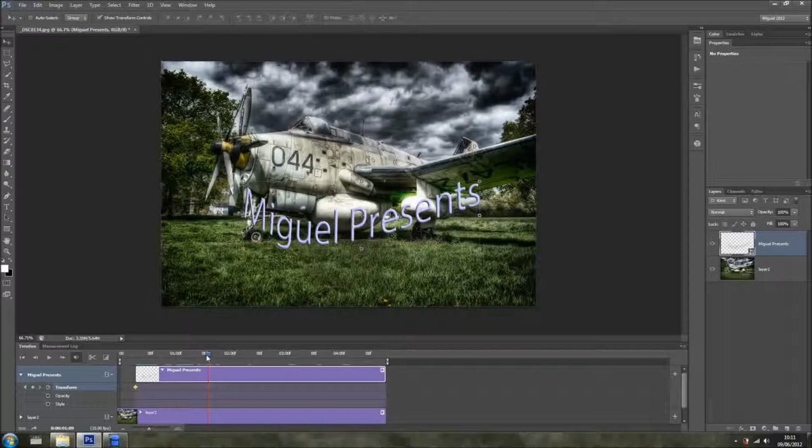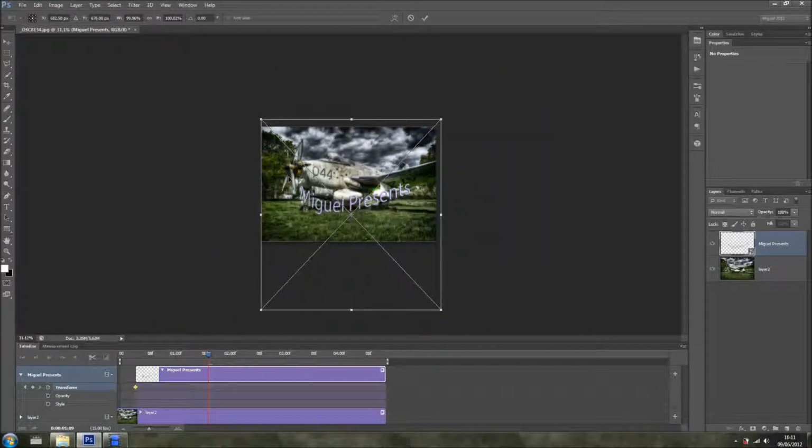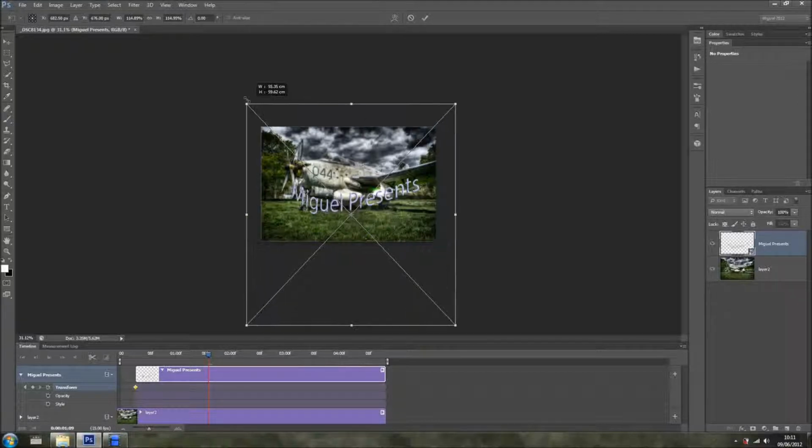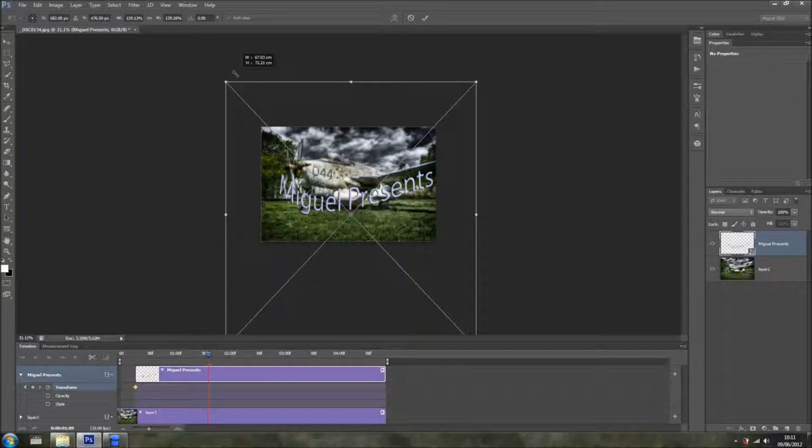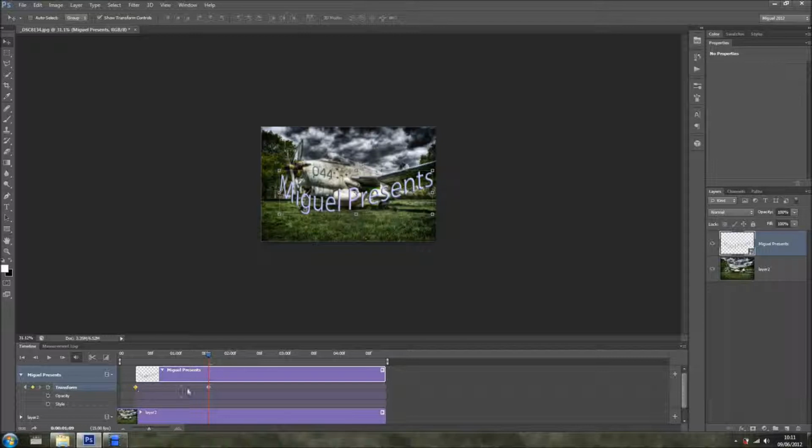But you see the possibilities. However, you can do something, which is Control T, and I'm going to zoom out, and I'm going to hold Shift and Alt, Shift and Option on a Mac, and I'll just click like so. Once I accept the changes, a new keyframe was added to the timeline. So let's see how it looks. So it's now fading in and getting bigger, and then if you want to go all the way to the end,